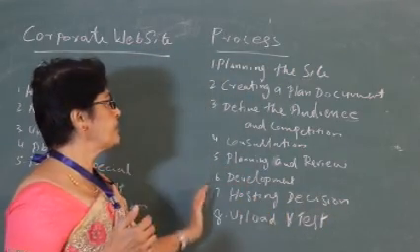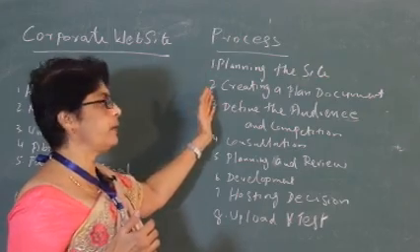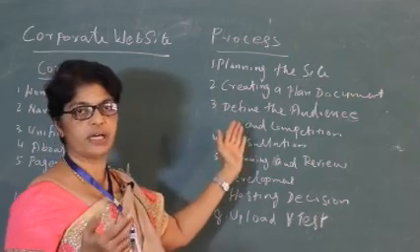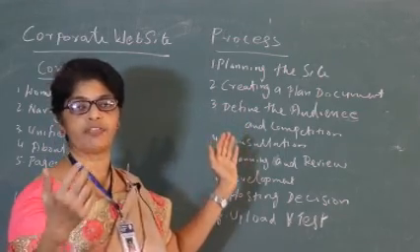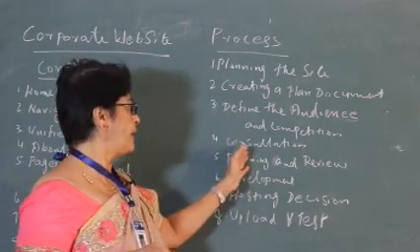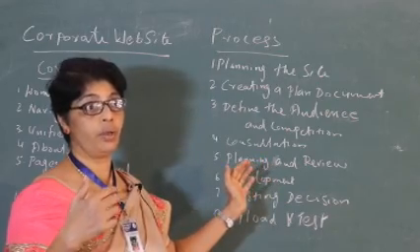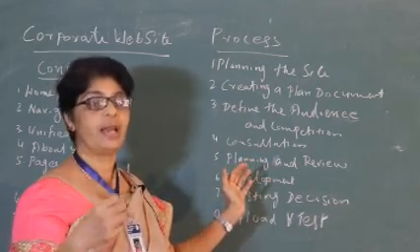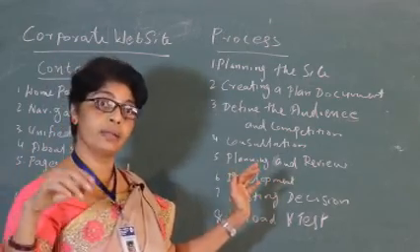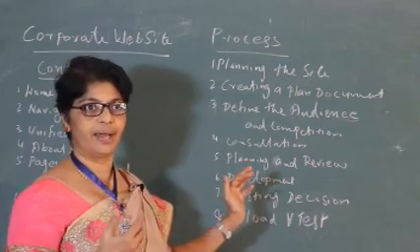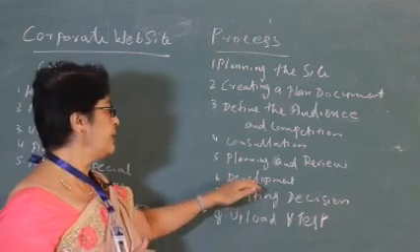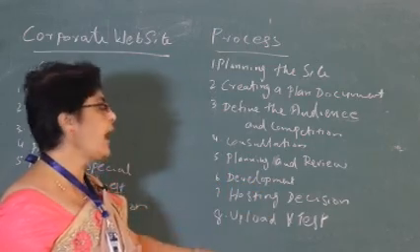follow the 8 steps: planning, creating a plan document, that is make a draft, then define the audience and the competitors, who are the audience of this website and who are the competitors for the organization, and the consultation. We will make a consultation with a professional, a talented person. Planning and review, we must implement and make the review. Is my procedure correct? That is to be checked by the vendor. Then development and hosting, the design decision, and upload and test.